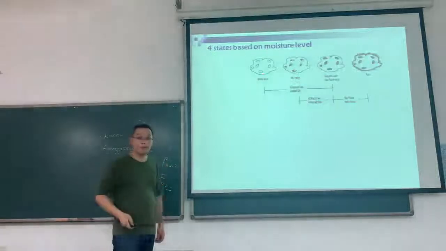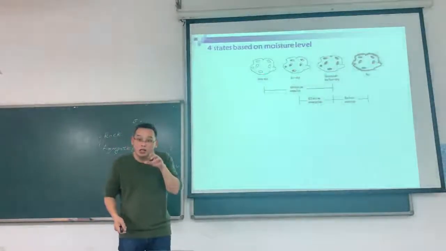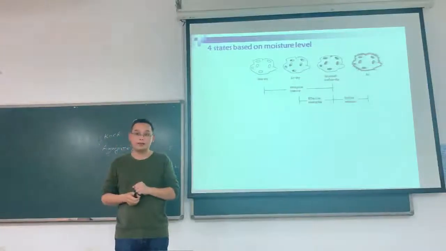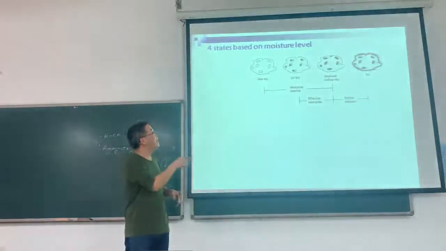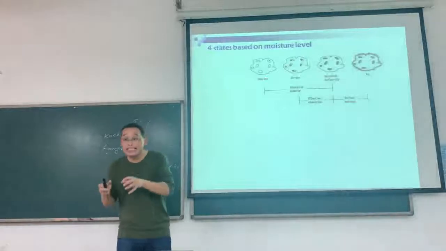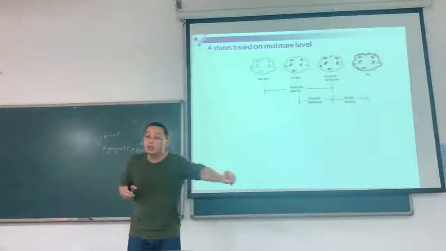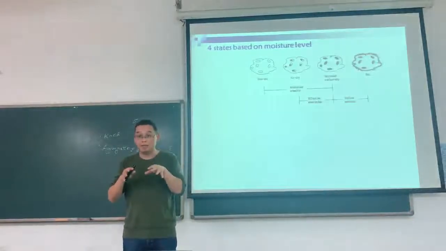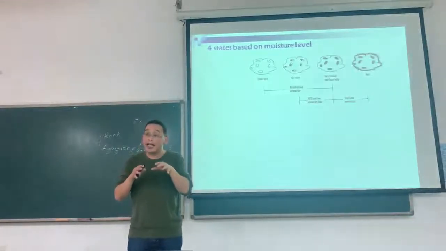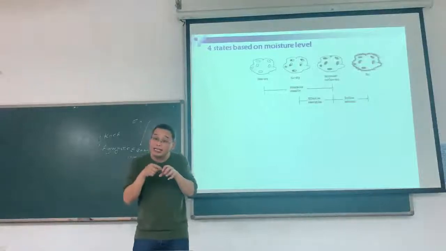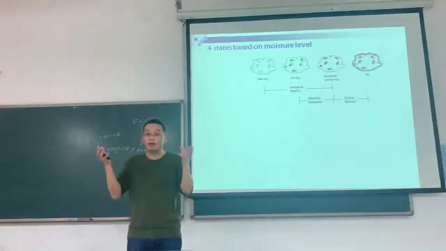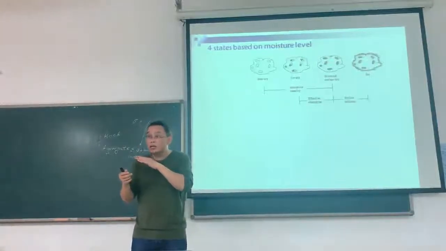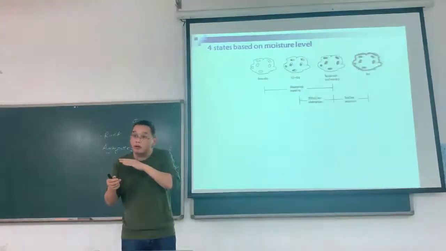And then the oven dry, it is difficult for the natural aggregates. How can we get the oven dry? We need to put the aggregates into the oven. Yeah, into the oven and heating it. After the heating, the moisture in the aggregate will vaporize. So maybe it needs maybe 24 hours.